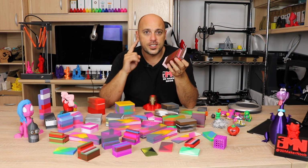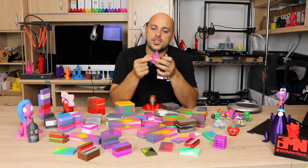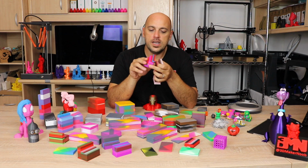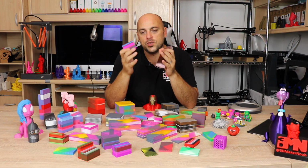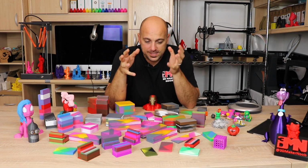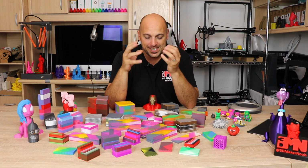When you have 4 colors in one layer, you get the additional purge block here. So it has to go from 1 to 2, 2 to 3, 3 to 4. So the less color changes you have on a single layer, the better it is. Now, obviously, there will be the cases where the purge blocks are an actual waste, and that is when you